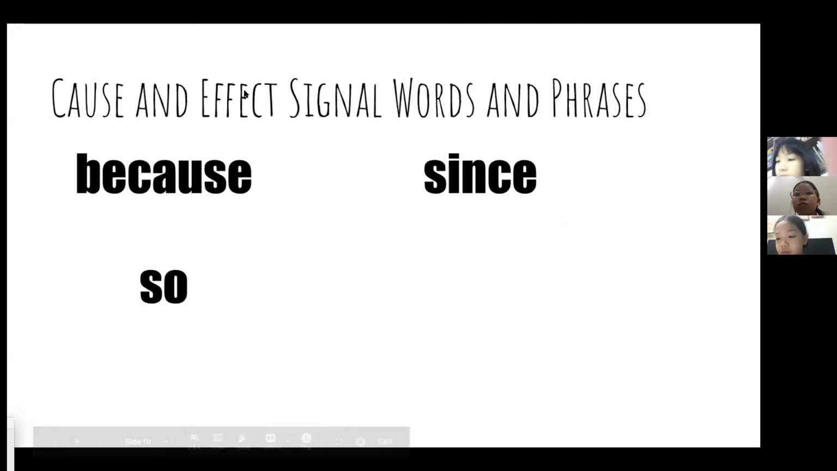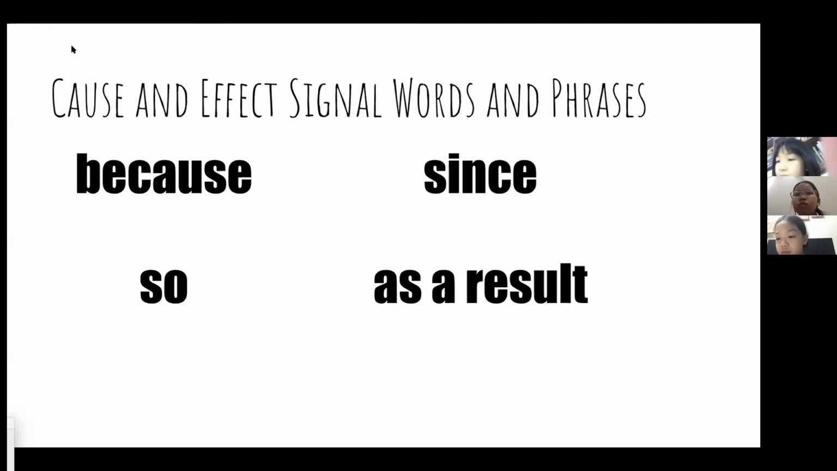Jon Snow, what's another one? Since. Right? Since is another cause and effect signal word. Since this happened, this other thing happened. Since I was thirsty, I drank water. Does anyone know any more signal words or phrases? Remember, a phrase is just a group of words. Do you know any signal words? As a result. Thus, yes, thus is a good one. And then the other one I have on here is